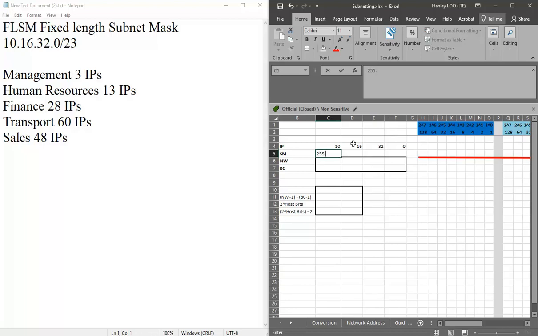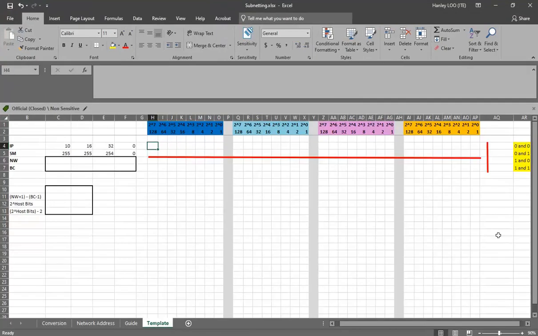So basically a /23 subnet mask will be 255.255.254.0. If we were to convert it to its binary equivalent, it will be